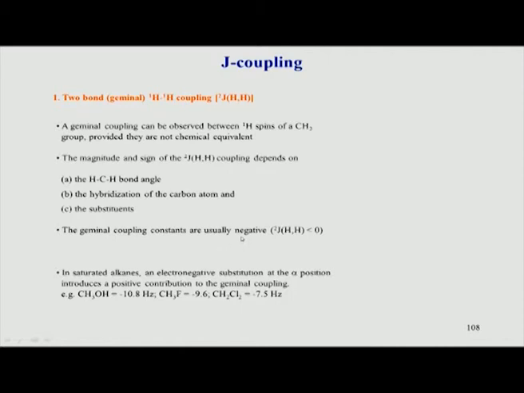But from a simple 1D NMR, the splitting, the multiplet peaks which we see because of coupling, you cannot figure out whether it is a negative or positive coupling. Some values are given here for different systems. The main point is that it depends on the bond angle between the two hydrogens. This is for the geminal coupling. It depends on the hybridization state of the carbon and substituents. So, these are the main 3 factors which influence the J coupling in the case of geminal coupling.